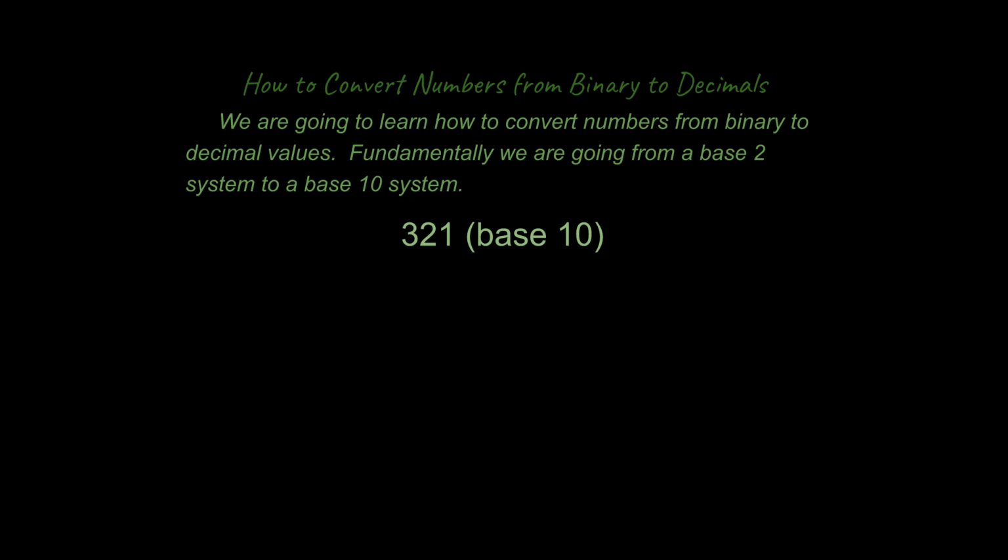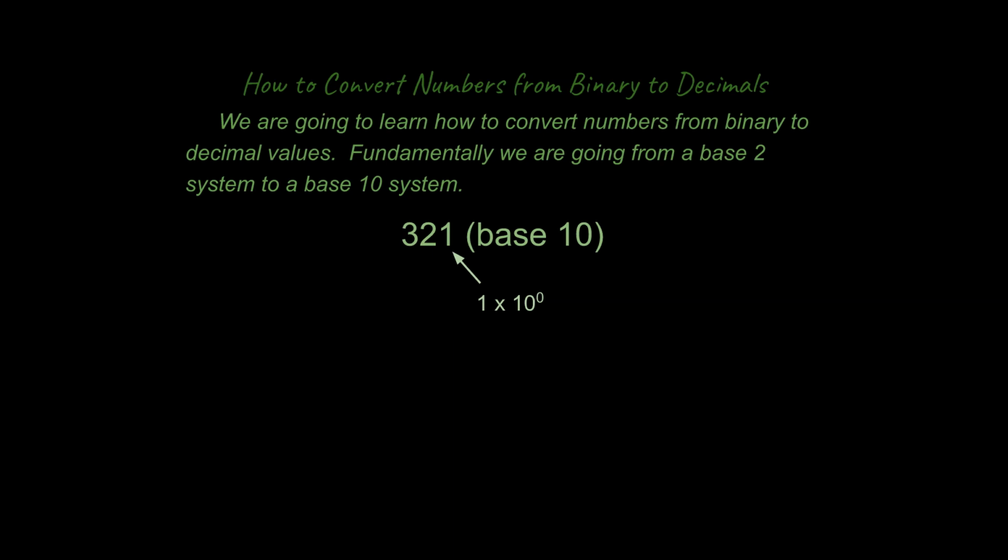So before we do that though, we need to take a look at the number 321 and understand a little bit more about our base 10 system and how that works. First of all, one way of writing this out is to say this 1 is like our number 1, that's written right here, times 10, which is the base of our numbering system, to the 0 power is how we're going to think of this. Now, 10 to the 0 power is actually 1, and I prove this at the end of the screencast. I will show you that, I promise, why that is the case, but I'm going to hold off on that